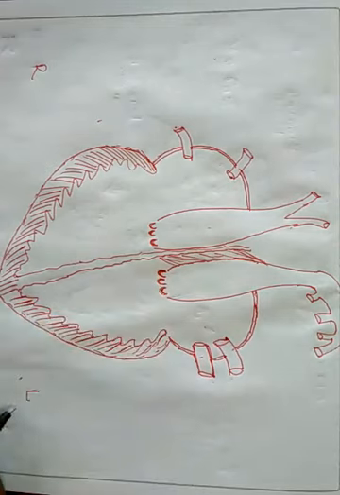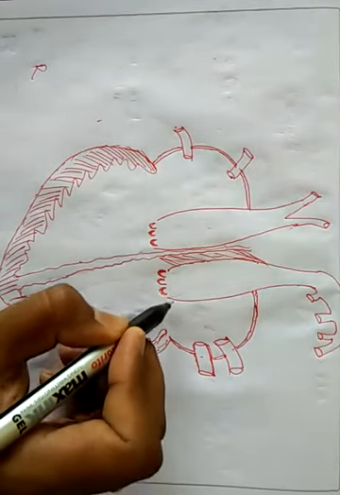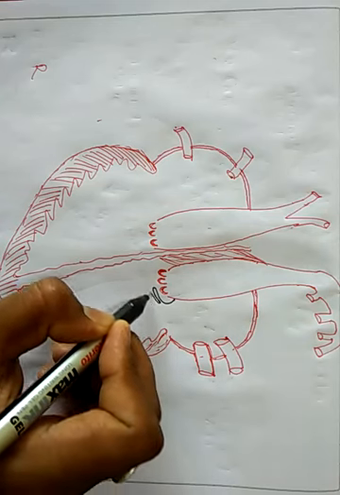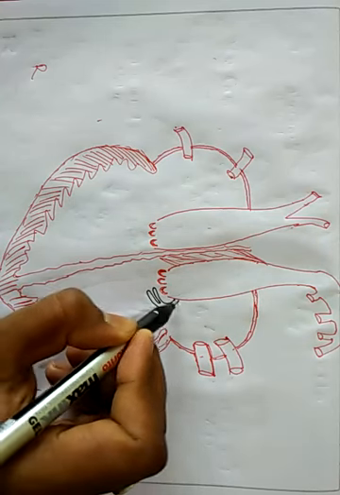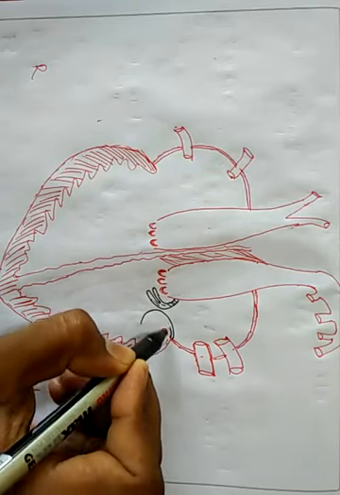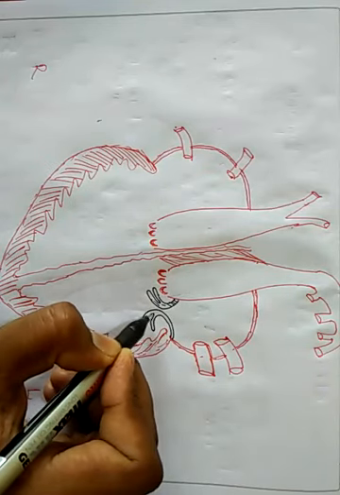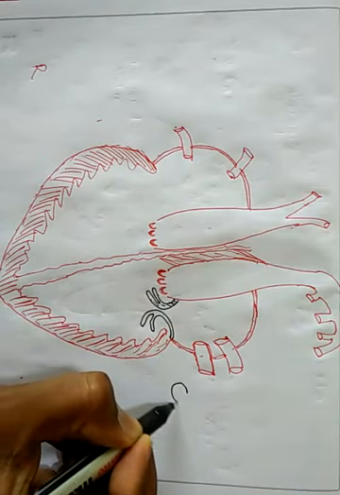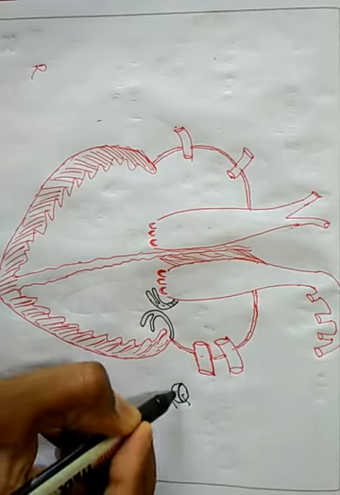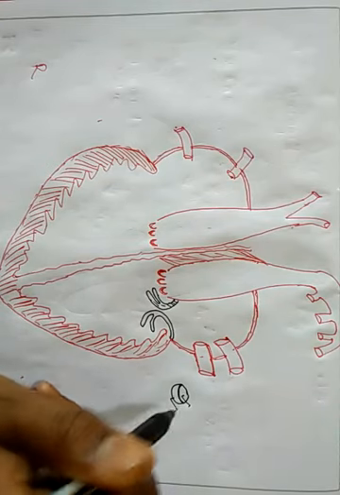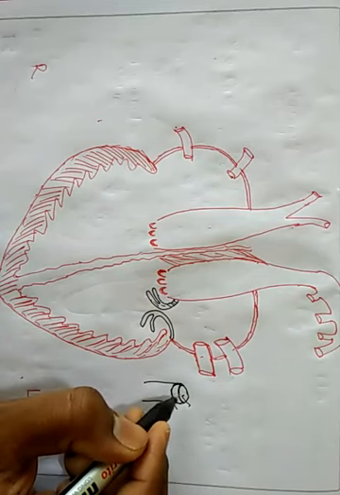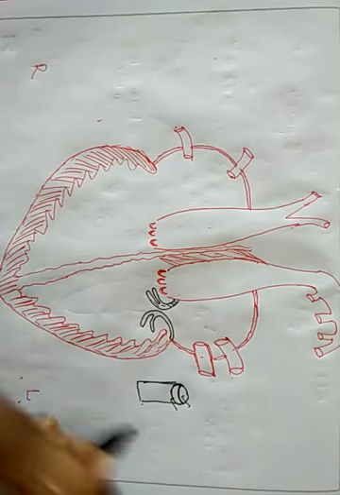You can see at left side bicuspid valve, or we call mitral valve. So bicuspid means two projections. Diagrammatically I will show here like this, but it is not actually like this, but for our memory I am drawing like this. Actually this bicuspid valve is like this, two valves, valve 1, valve 2, and in between this blood will enter inside. Suppose this is the pipe, here valve is present, so that is the bicuspid valve.